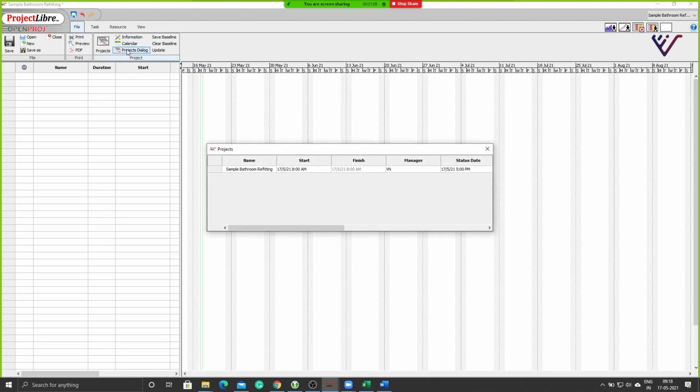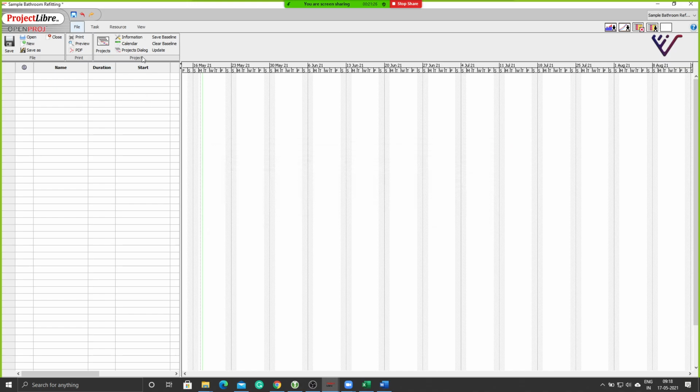Okay. You also have the projects dialog here, which is the same as what you can see under the projects tab, which will take you directly to that. Herein you can see the different projects which are rolled into one. Baselines help you to create the standard timeline for a single activity or a project. We will look at it once we feed in some tasks here. You can either save and create a new baseline, or you can clear an existing baseline.